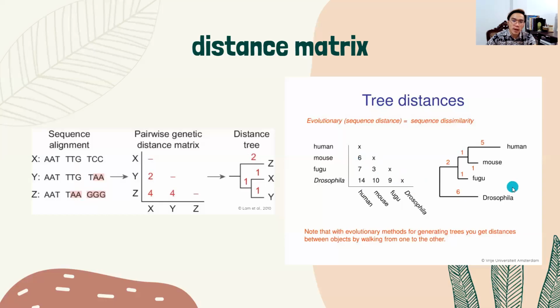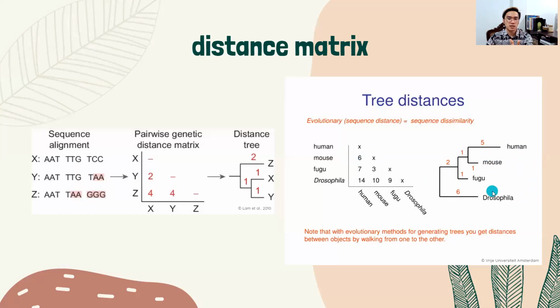So it's a matter of where exactly in the tree human could be inserted, in such a way that even if you insert human in the branch of the phylogenetic tree, the counts of the units of genetic distance would still make sense for all the other relationships, like mouse and fugu and Drosophila. You can easily insert human right here in the middle, but will that still make the units of genetic distance true for all the other relationships, such as Drosophila x fugu, Drosophila x mouse, and fugu x mouse?